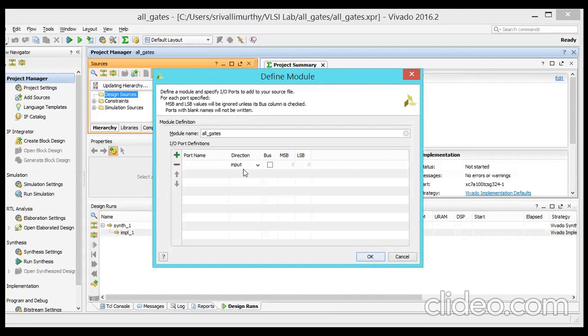Generally we have three types of ports in this language: input, output, or in-out. First, the input ports: A, and one more input, B. A, comma B are inputs. Next.